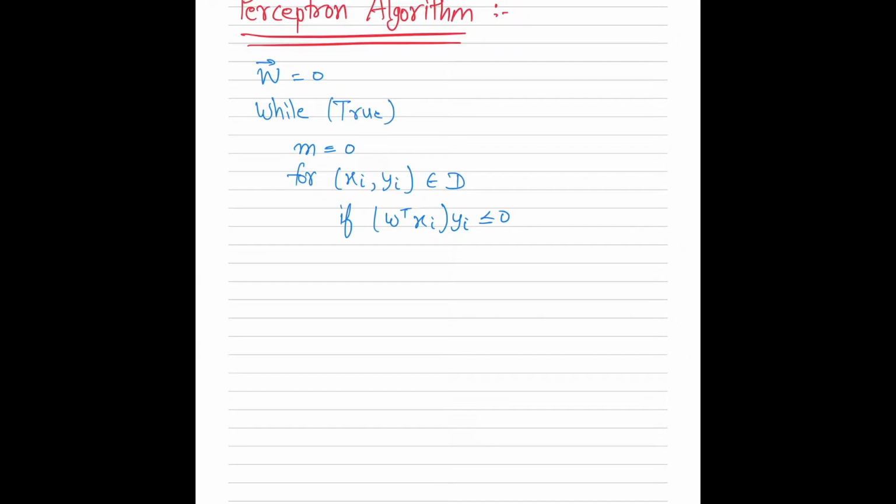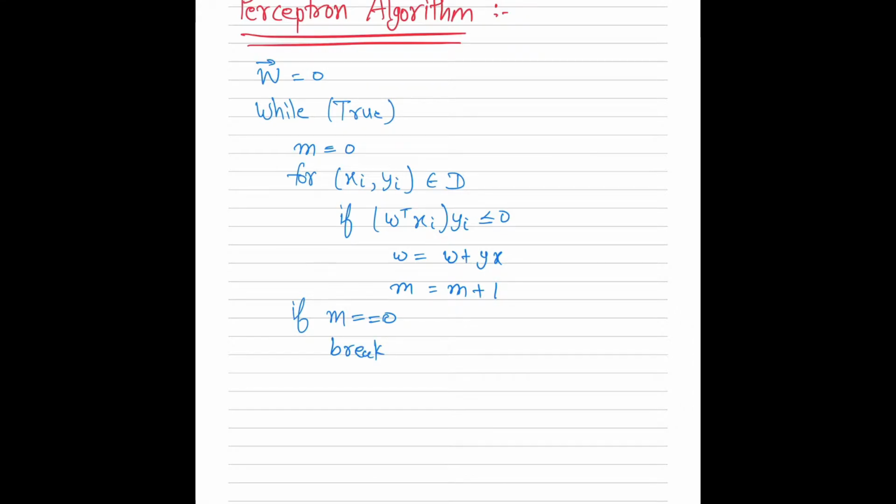So now if we misclassify our data, we will update our weights such that w equals w plus yx, and we increase our number of misclassifications by 1. Now if iterating over the entire data set with the current w vector gives no misclassification, then the separating hyperplane has been found and the while loop will be broken. So if our m equals 0, which means there is no misclassification, then we will break our while loop.